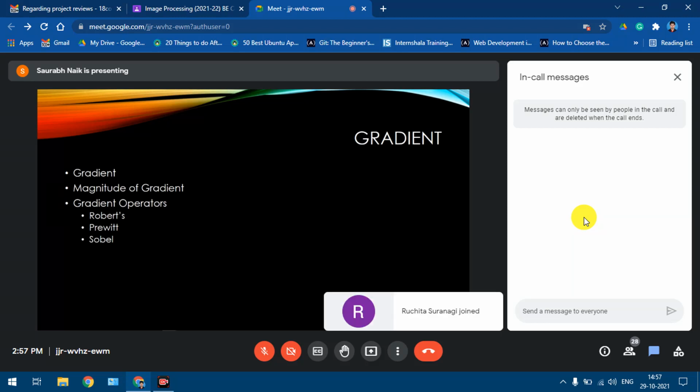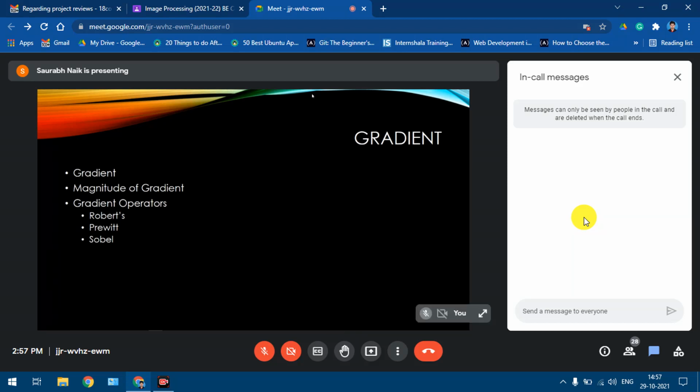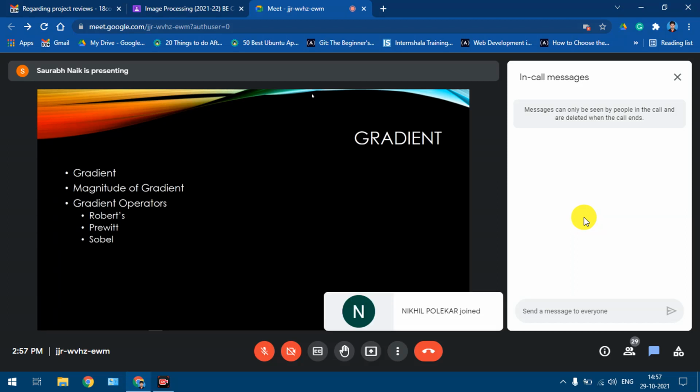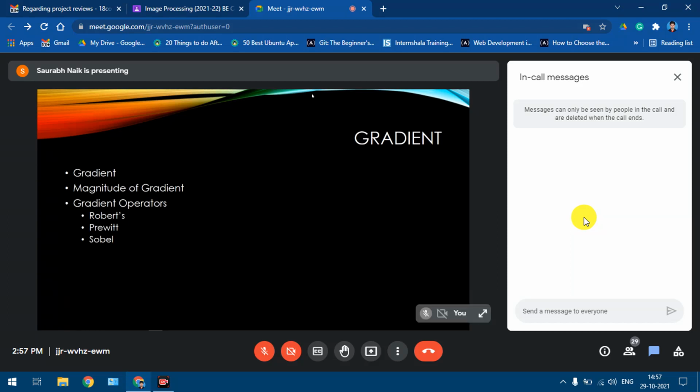Now, gradient is actually a vector, and the direction of this vector is given by the direction in which the intensity level is increasing. This gradient vector will always point in the direction where the intensity level is increasing. So, for example, if I have